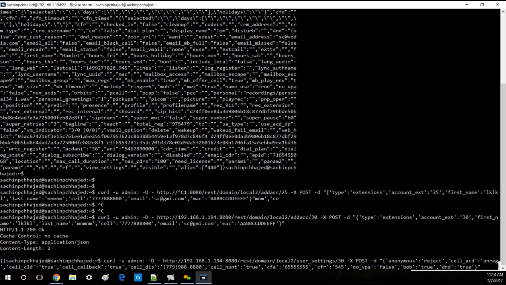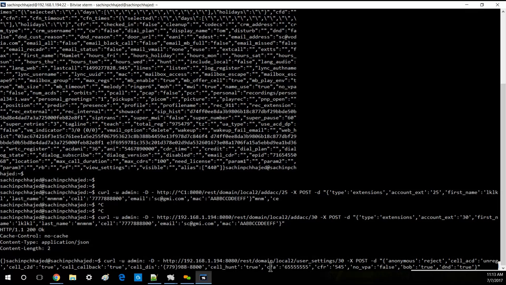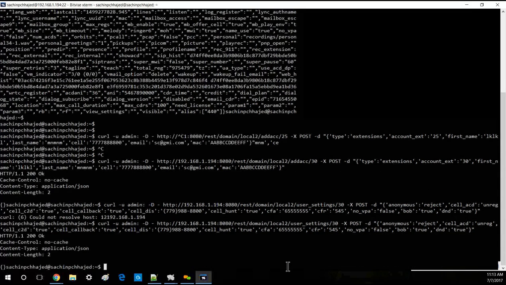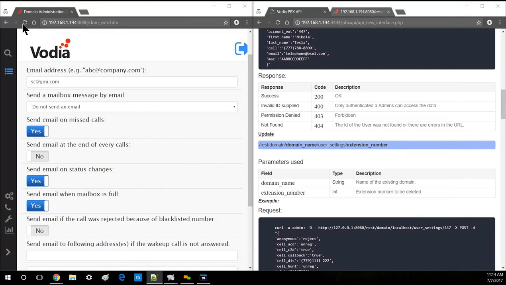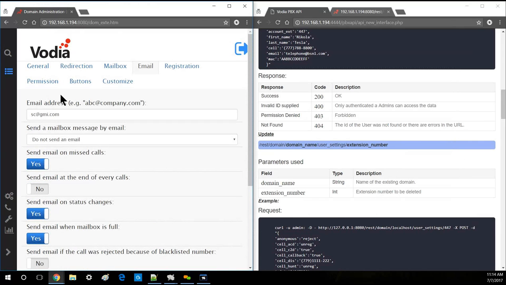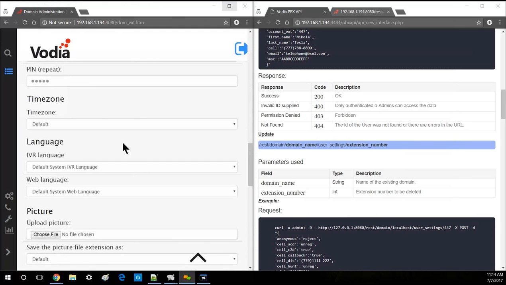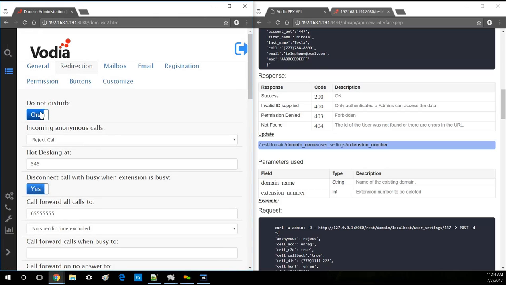Over here, as you can see, I'm trying to change the format of the cell phone number and many other things. Let's see if I fire this command. This happens a little bit when the terminal is working for you. Yeah, it gave me a successful message. If I refresh this page after this, maybe on the second page, yeah, as you can see,